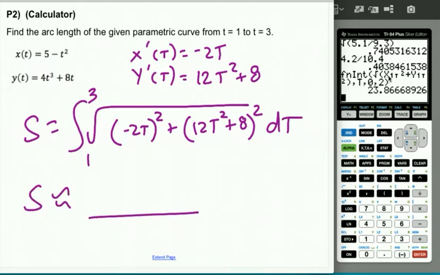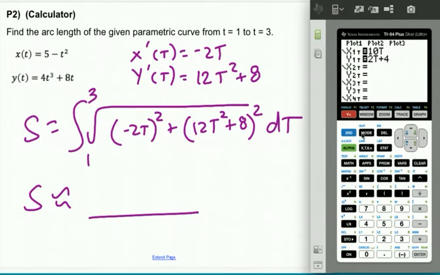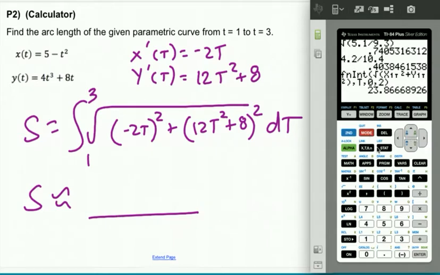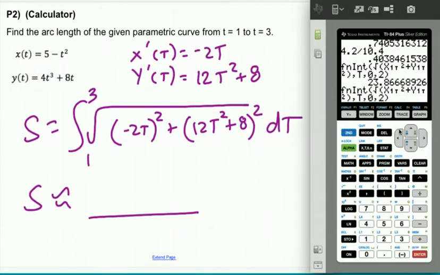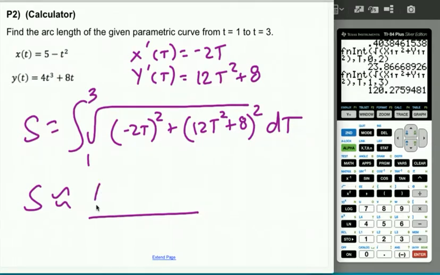and then I let my calculator do the heavy lifting. Now notice, I'm kind of lazy. I already have that typed in as function integrate, right? So if I go back to my y equals, I can just go ahead and change my x and y values to match this problem, and then I can kind of plagiarize myself. So t squared plus 8, right? And then I can use my own existing work by hitting second enter. I already have the entire correct formula. I just need to change my bounds to be 1 to 3. And again, I could type it from scratch, but why? Because that would be silly. And I get